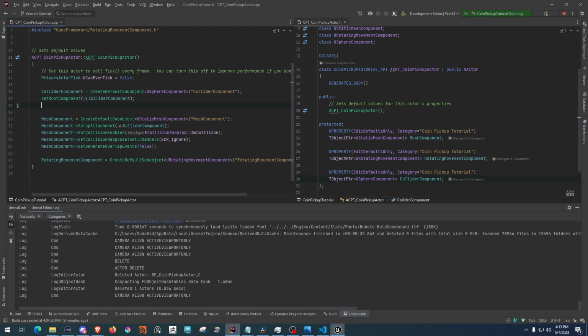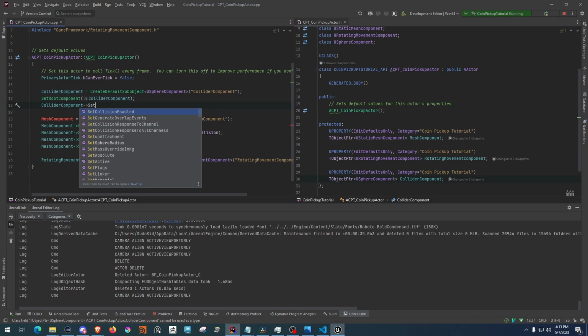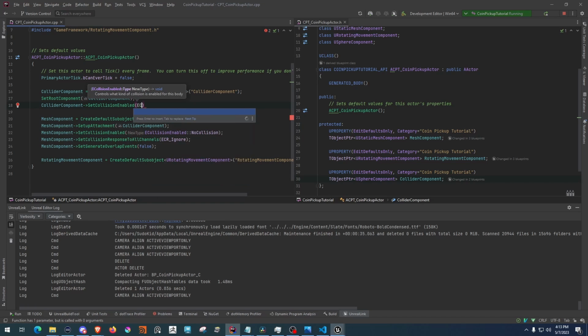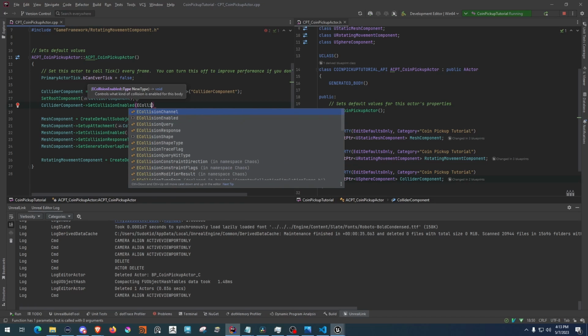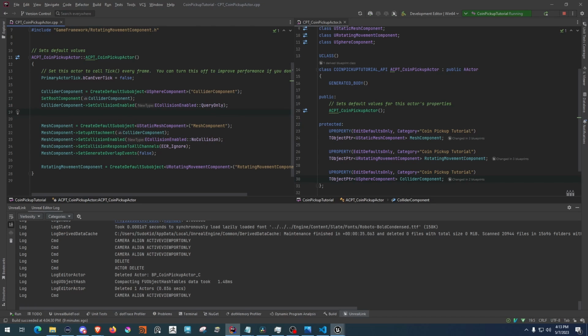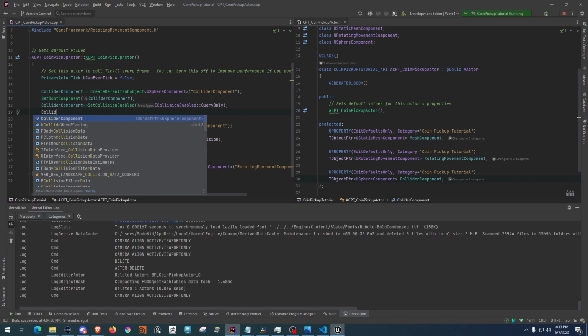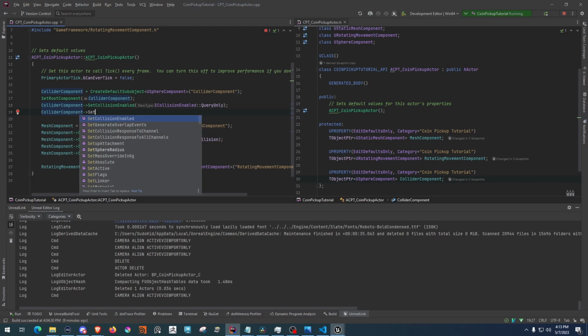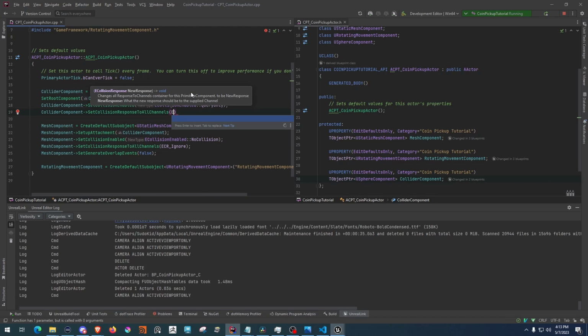Now we would like to set the collisions up for the collider component. We can do that with collider component set collision enabled, and we want collision enabled to be query only. Physics is not required for overlap, but query is, and query is the only thing that is required at the moment for overlap. And then we want to set everything except for the pawn to ignore. So we're going to set all channels to ECR ignore,